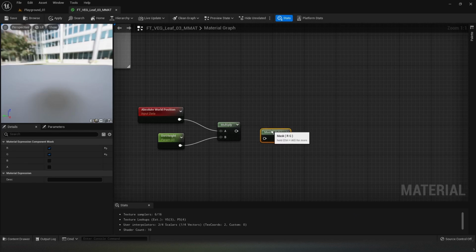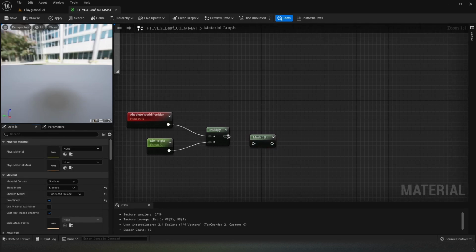Using component mask, we can tell Unreal to just look at B, blue. So R is X, G is Y, and B is Z. So just check B, blue, and connect this output from multiply to mask. So right now what's happening is,